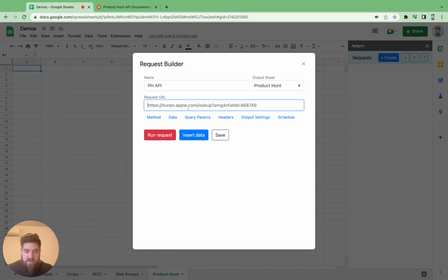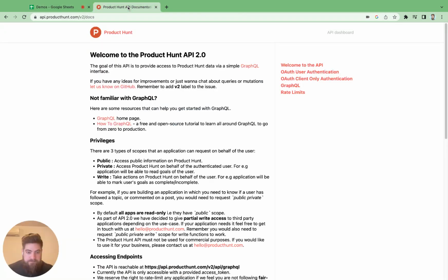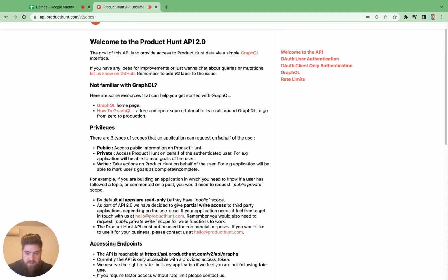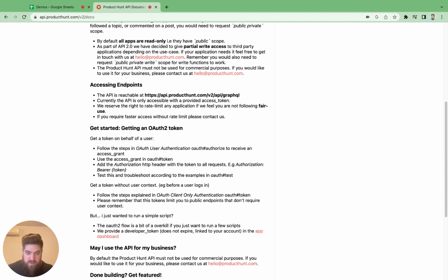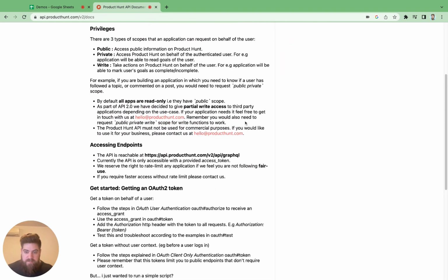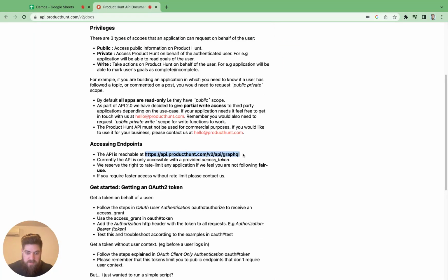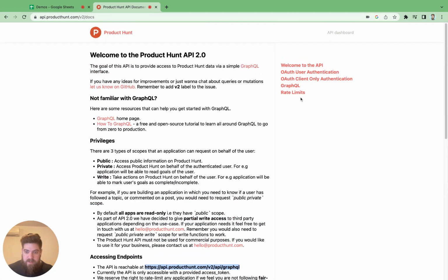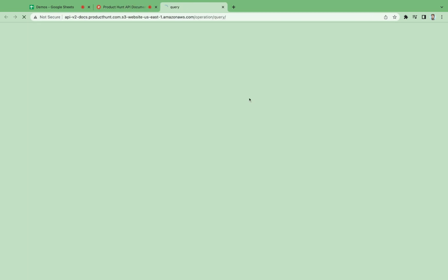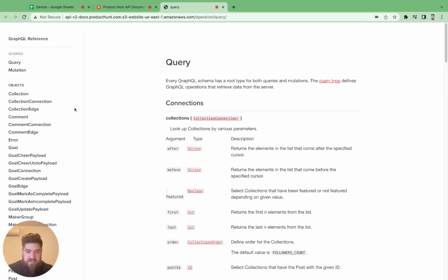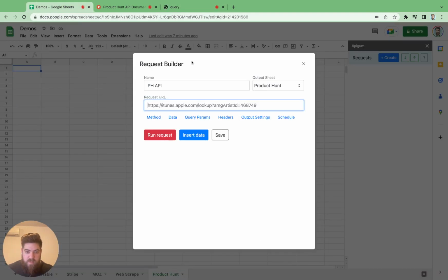And now we're going to go to their API documentation. Really, it's not the easiest to read, but we're going to capture this for later. And I've already gone through the API reference, which takes a bit of time here. So we're just going to have to build this within the request builder here. So we got the request URL,